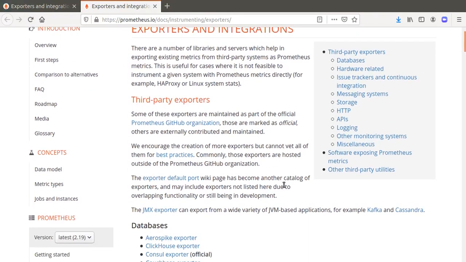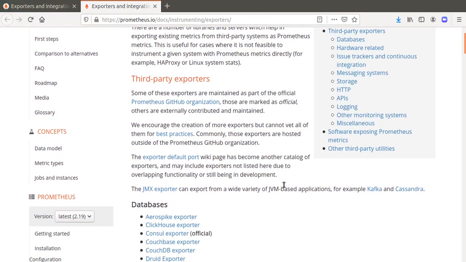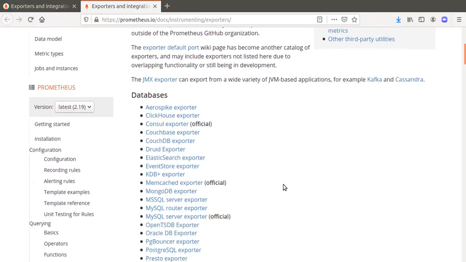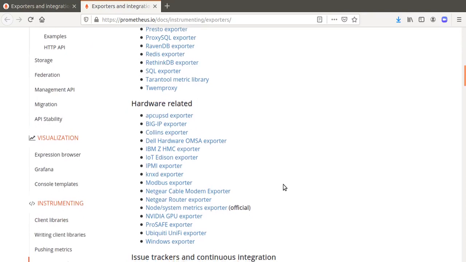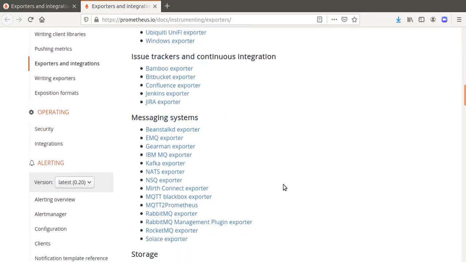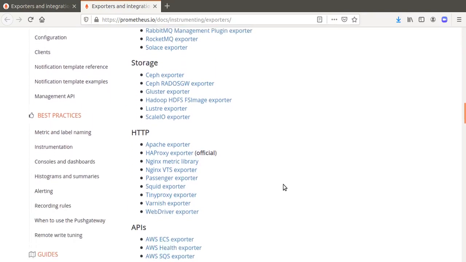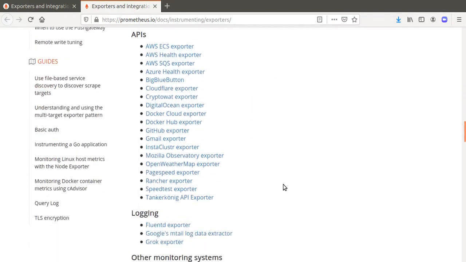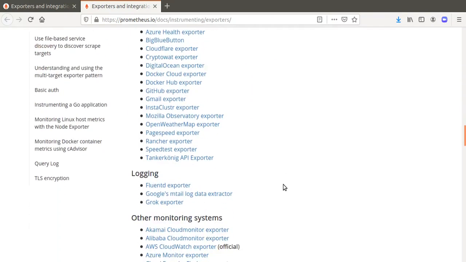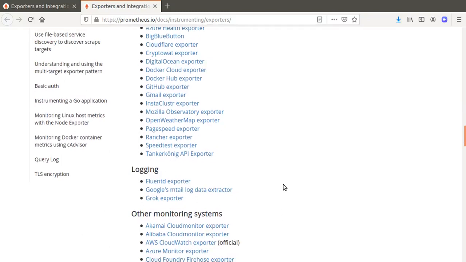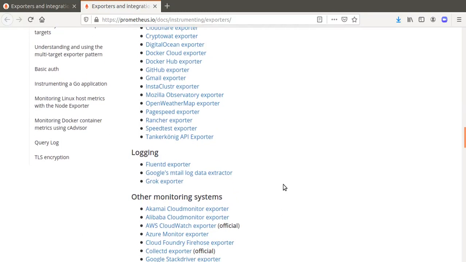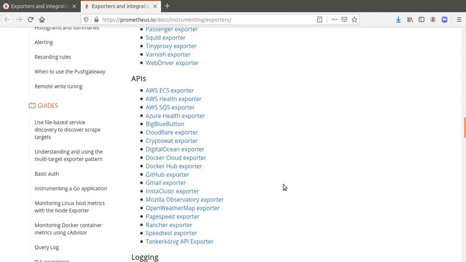So here you can see the list of all available exporters for databases, hardware related, for messaging systems, storage, HTTP, API, logging, any kind of application you want to instrument. So we are going to instrument Nginx web server.